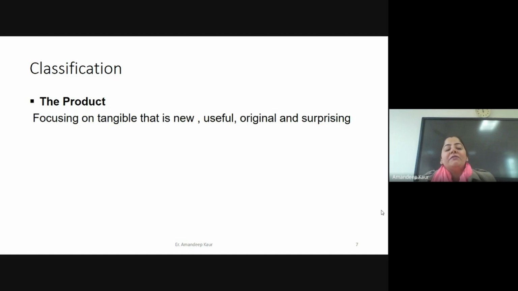So when we are writing learning outcomes for the project based activity, the first major learning outcome the teacher needs to think upon is, after the completion of this particular project, what will be the outcome? Is it only the PowerPoint presentation? Is it only the project report? Is it the prototype model that my students are going to create? Or is it a new product that we are going to give to the society? So if the product is able to solve a problem of the society, that product can also be considered a creative product. Say, for example,